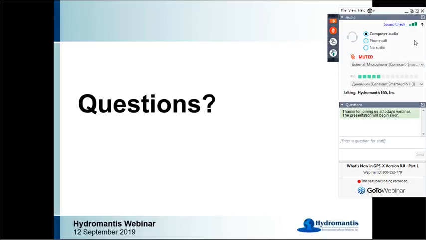Let's see here. Can the RO process choose different modules from different vendors? Not directly. We don't have a list of vendors in the software, so to speak, but the RO model, and in fact many of the different types of technologies used in the models that we have in GPSX, are reflected by different choices in the input parameters. So you would calibrate your model a little differently, or maybe have a different specific surface area or something, depending on what that vendor might be.